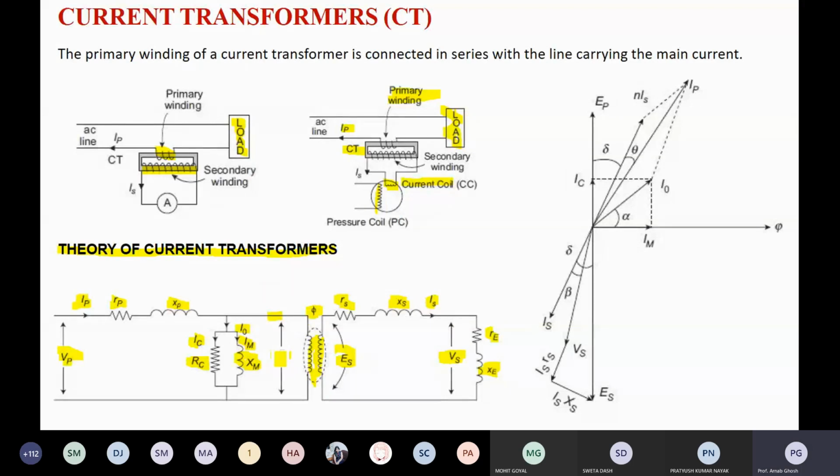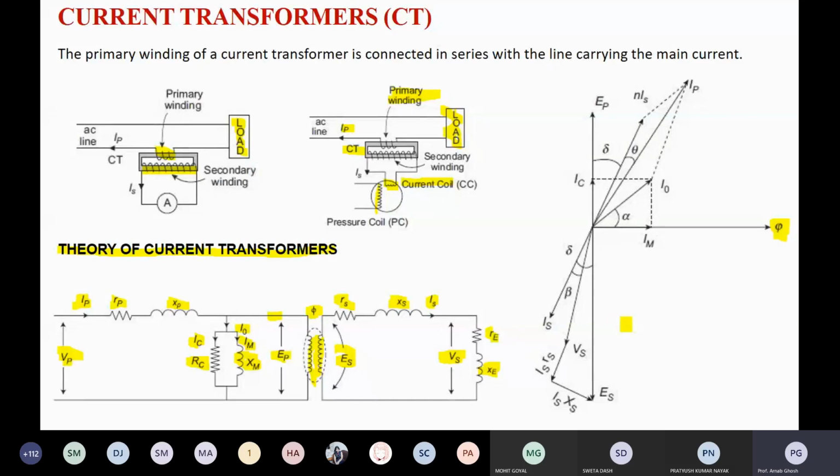Then you can draw the phasor diagram. In the phasor diagram, you need to consider which component you are taking as the reference. All the components, voltage and current, are instantaneous in an AC circuit, so when you draw the phasor diagram, all the components are RMS values. That's why one is your reference.